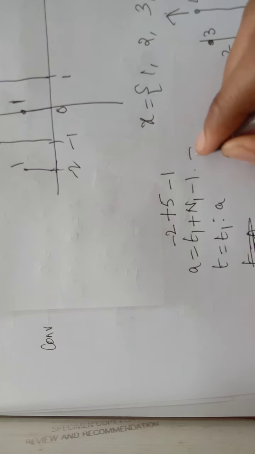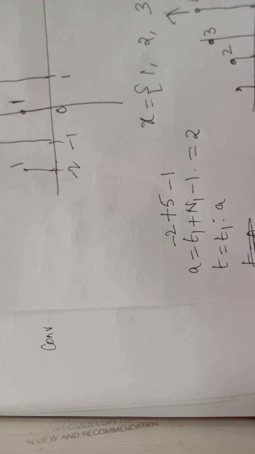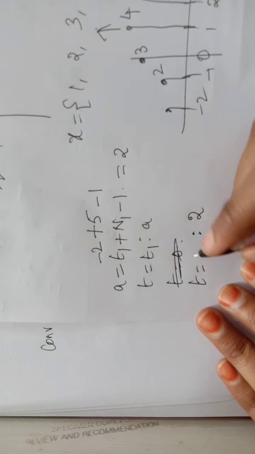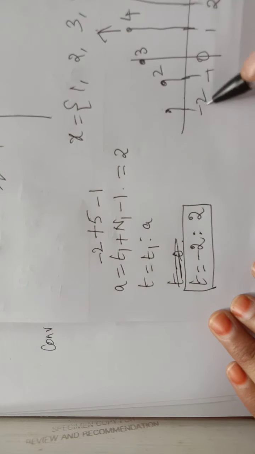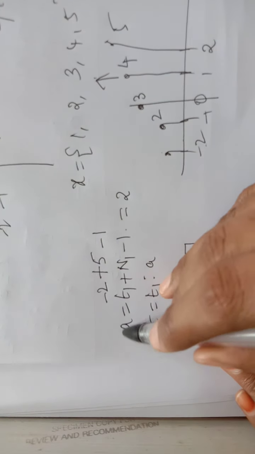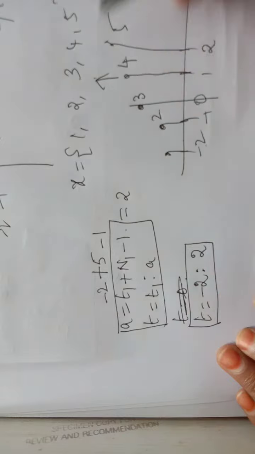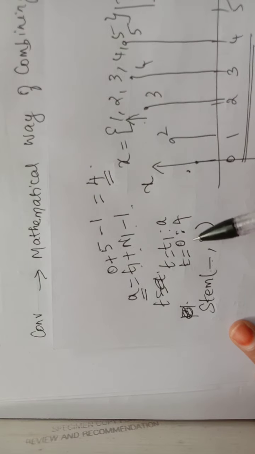So what will you get here? 5 minus 3, it is 2. That is, the a value is 2, and t1 is -2. Now see, t gets the index from -2 to +2. So like that you can vary the index. In general, if you write these two steps, whatever index you give, accordingly these two steps will change. Okay, so that is what we have done here.